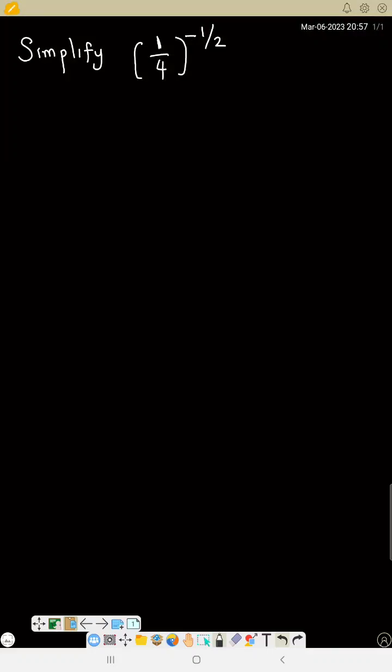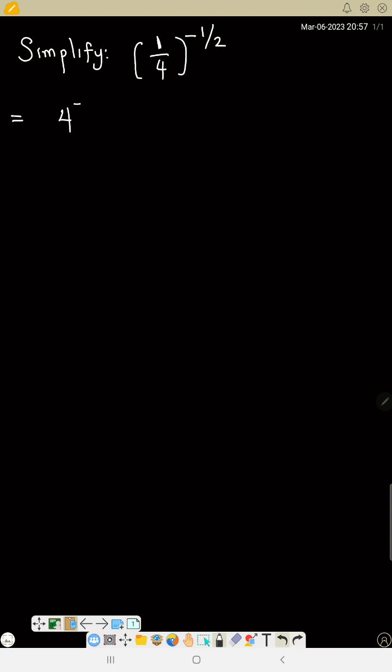Now let's solve problems on indices. Simplify 1 over 4 raised to power minus half. So, you have different methods you can use in solving problems like this, but we'll just choose any one. So now this 1 over 4